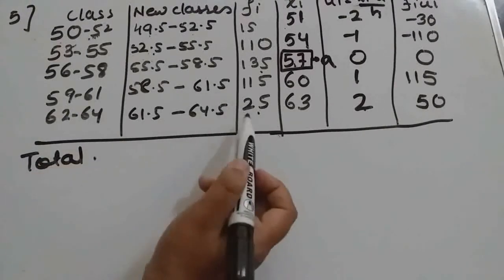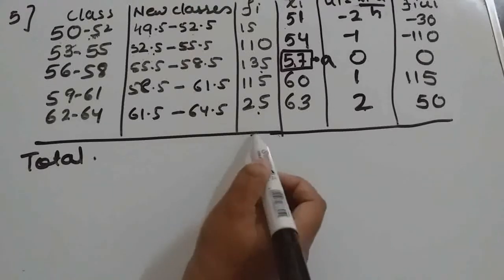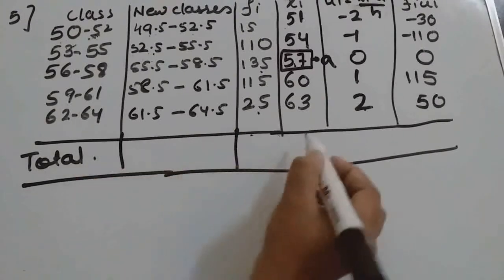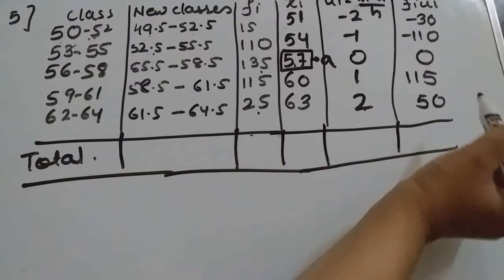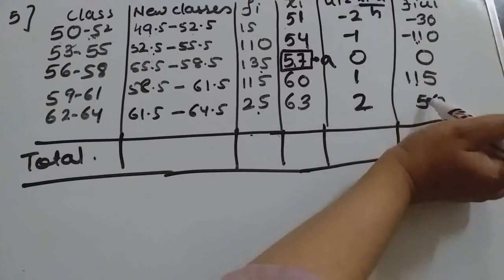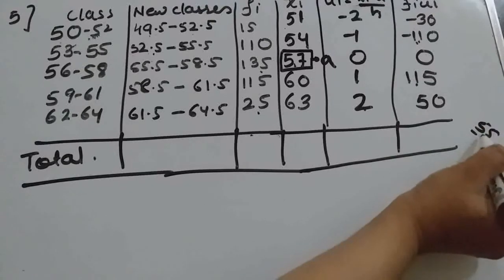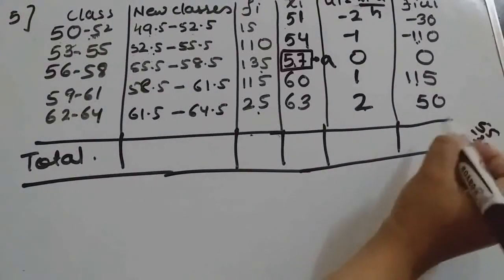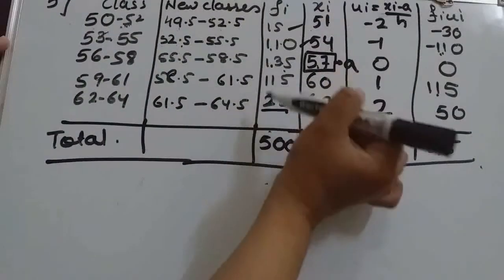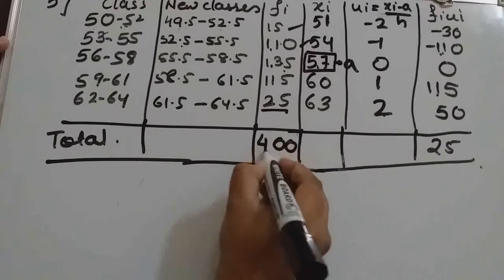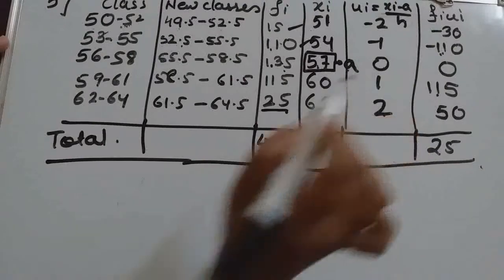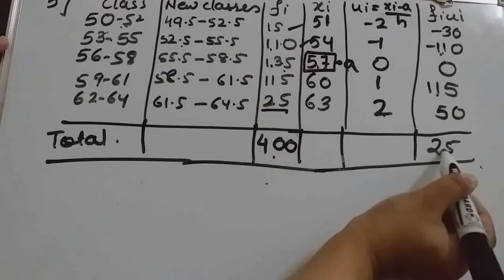Now this number of mangoes is also not given, so we should find sigma fi also in this case. Okay, so see here, 115 minus 110 means 5, 50 plus 5 means 55, minus 30 will be 25. And what will be sigma fi? That 2 and 400 will come. Okay, so 425, assumed mean is A. So this is sigma fi, this is sigma fiui.